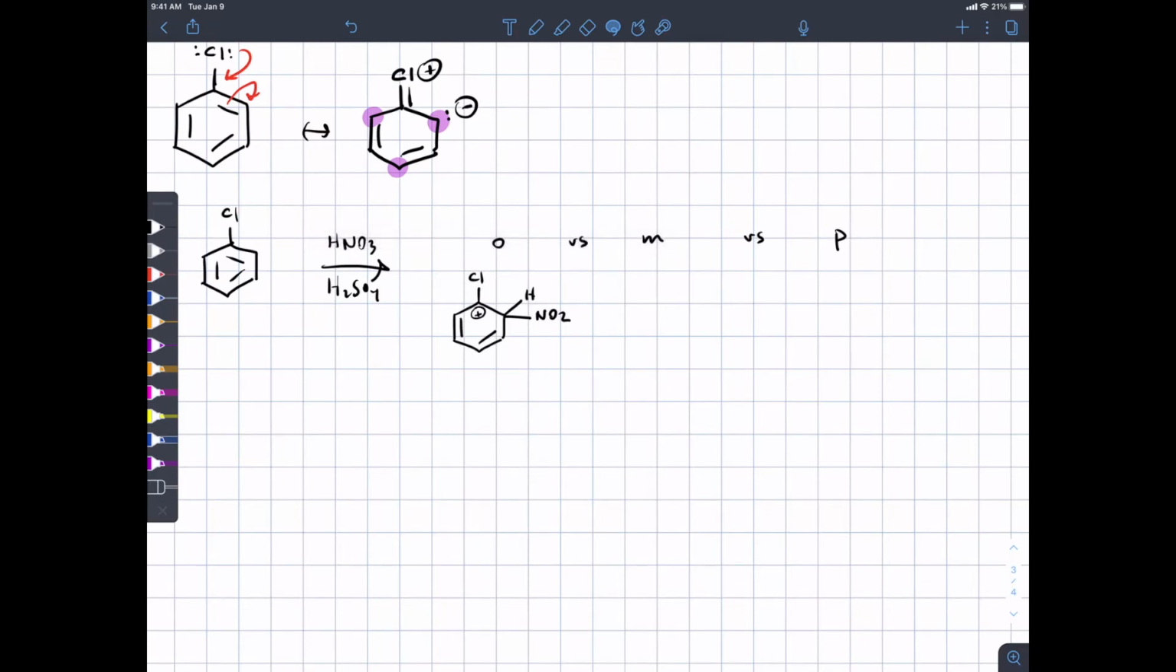Notice that that intermediate puts a positive charge adjacent to the chlorine. Now that may look bad because chlorine's electronegative, but when push comes to shove, I will send a fully armed